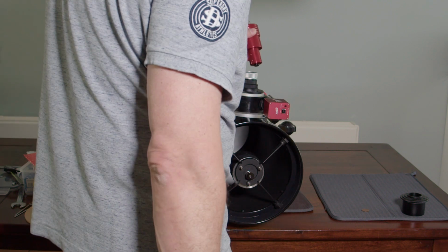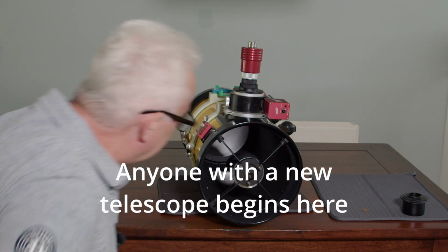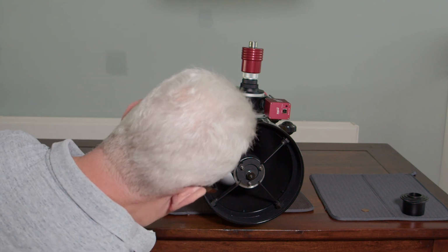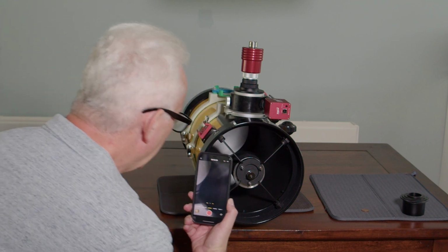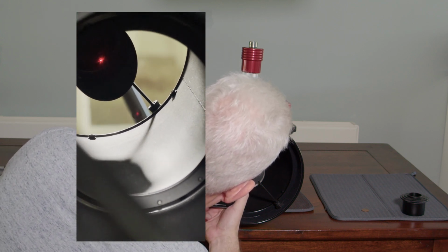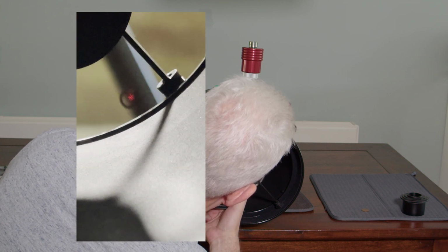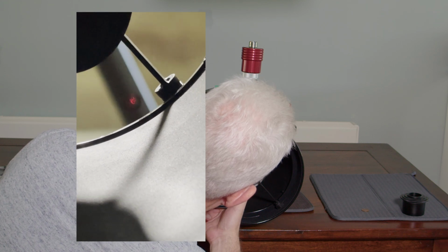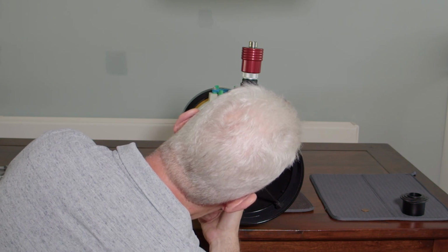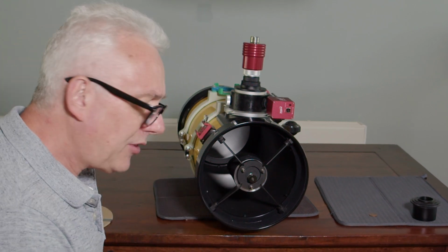We can actually put the laser back in, tighten that up, and we can turn it on again and see where we stand now with the primary mirror. And actually, look at that. If I take the phone, let's bring the phone in. It's always difficult to record this type of stuff with the mirror. But if I bring you in here, look at how close we are inside the donut of the rear cell. But you can do the same, just follow the steps I'm taking, take your time with them, and of